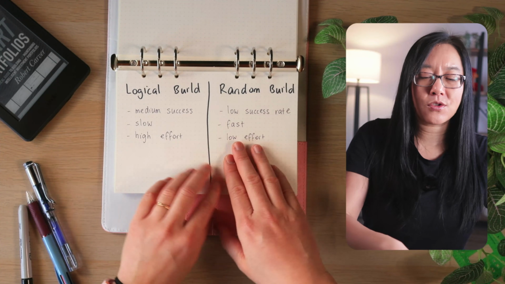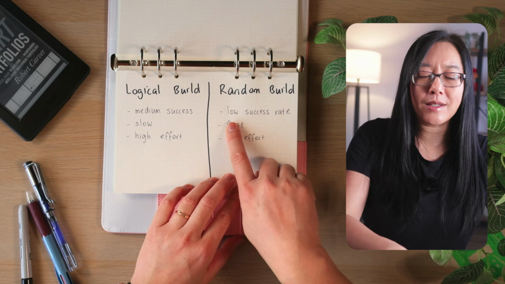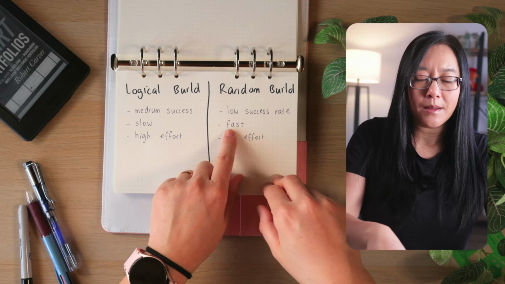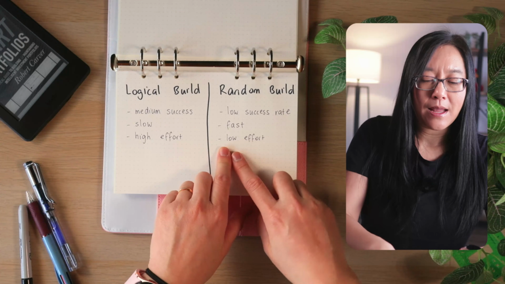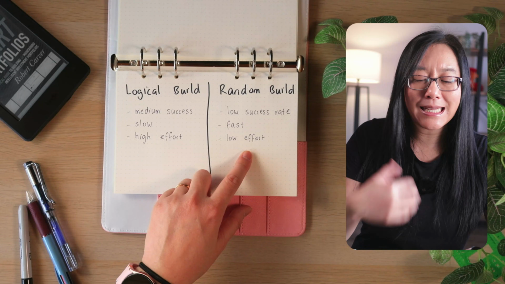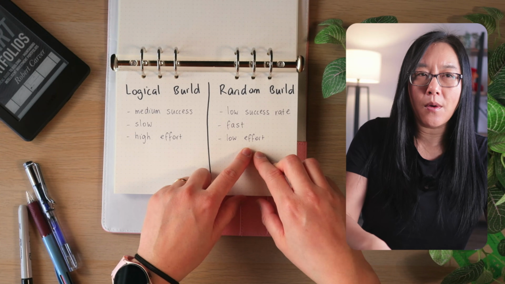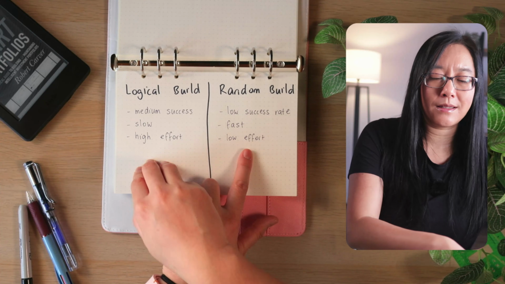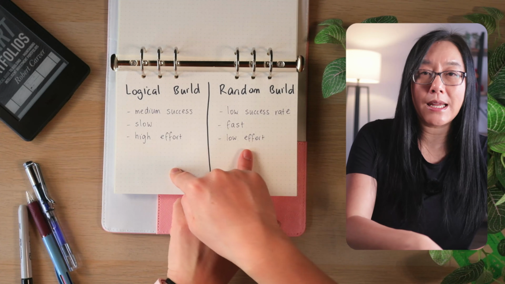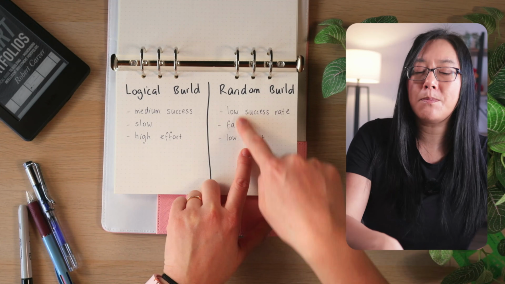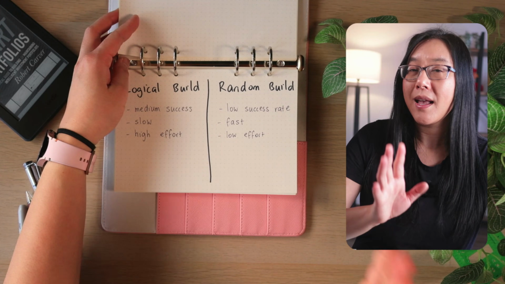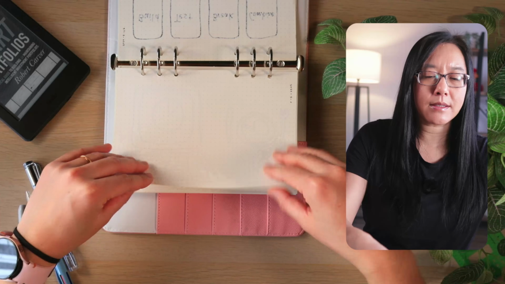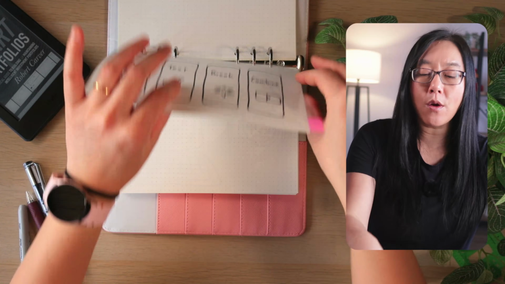But compare that to the random build. So this, unfortunately, yes, I admit it has a low success rate, but it is fast, super fast. And what's important for me is that it is low effort. So I can generate viable strategies a lot faster than someone who is building strategies manually, despite the low success rate. But speed is not the only thing I care about,